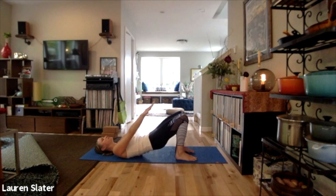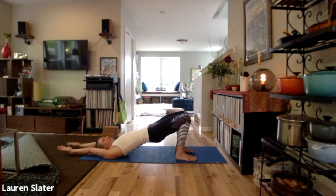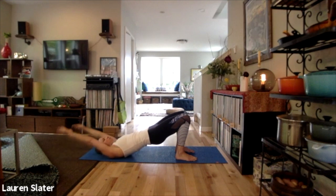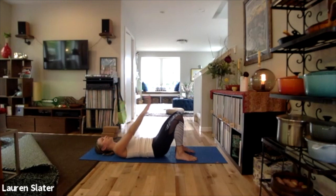Slowly start with the tailbone. Roll your hips up. Reach your arms back by your ears. And take a big, broad inhale. Like you're pushing something away with the arms, roll down, articulating down through the back, let the tailbone come down